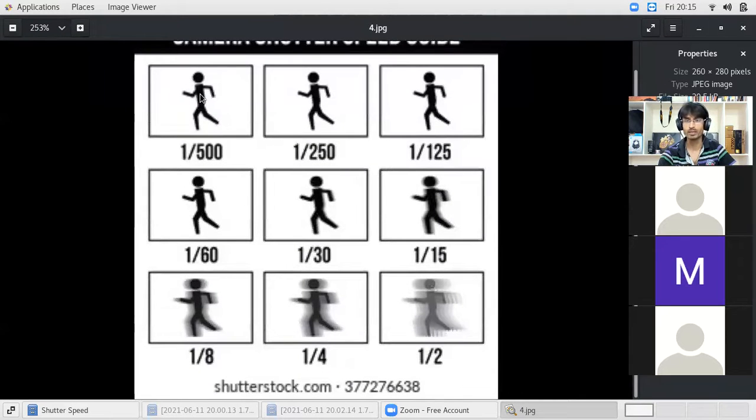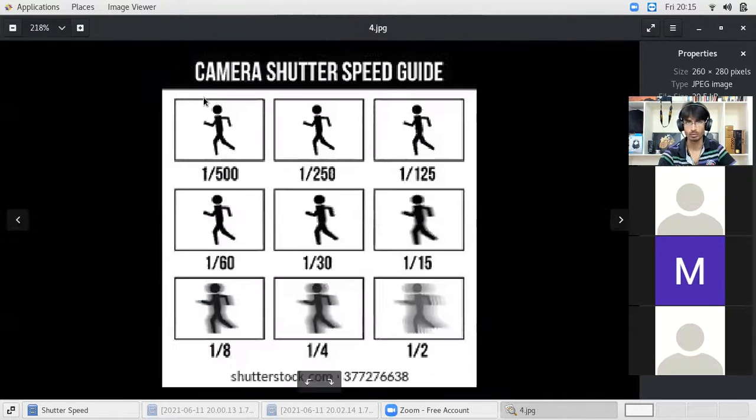So we are getting a perfect photo. That is the meaning of shutter speed. When this number is more, we call it faster shutter speed. When this number is less, and the sensor is exposed for a long time, we call it slower shutter speed.